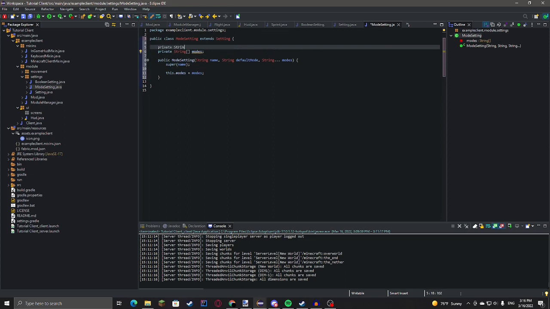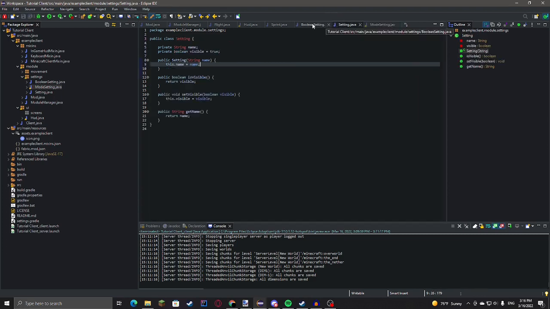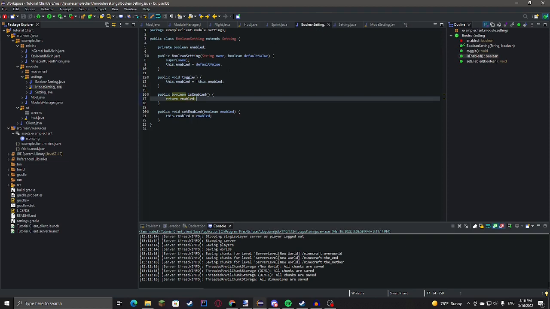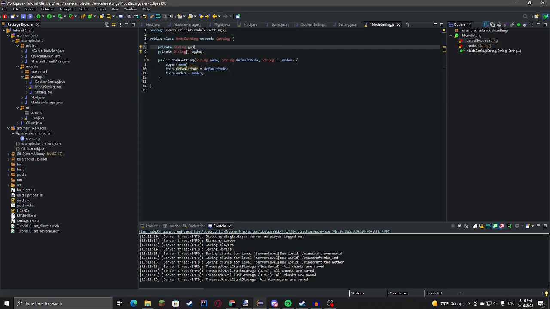Private string default mode. This dot default mode equals default mode. Also need to come quickly over here and make sure... wait, no, we don't want that. We want just string mode. This dot mode equals default mode.